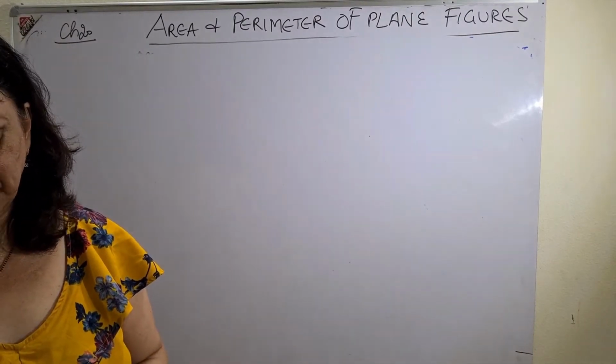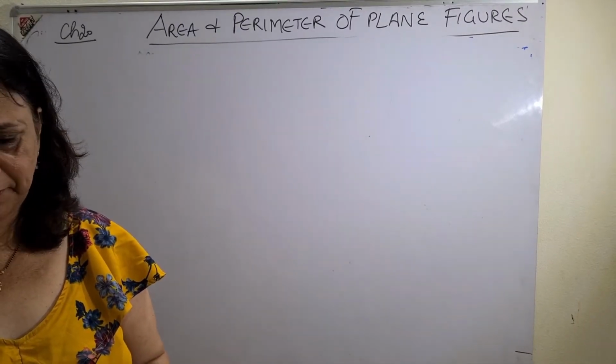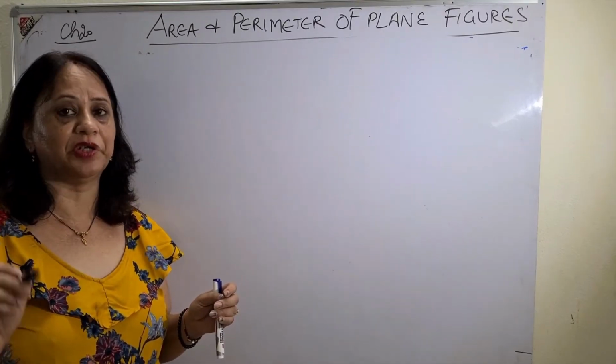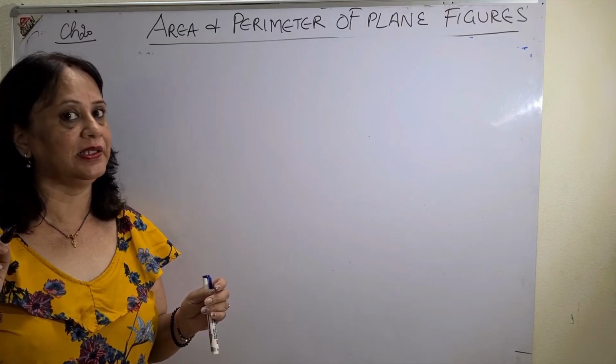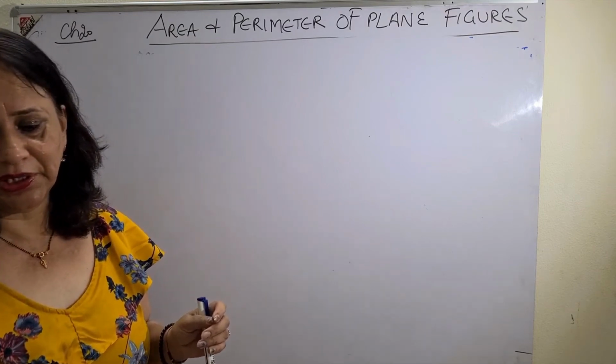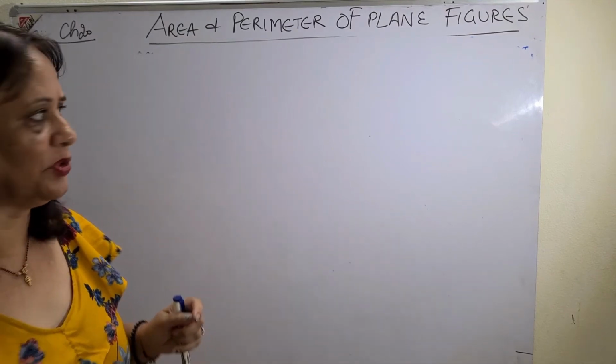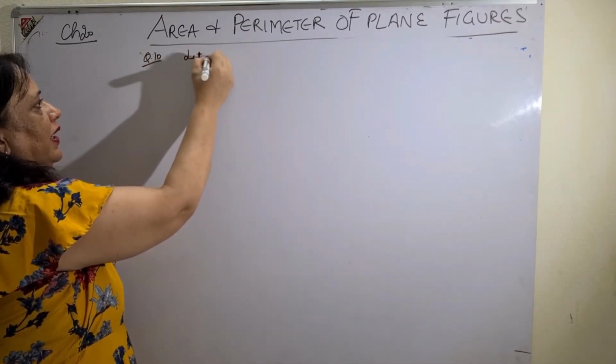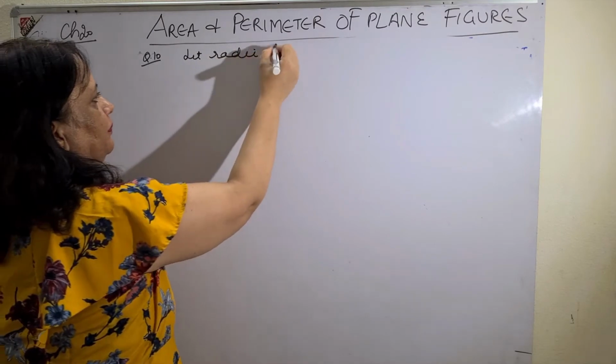Coming to the next question, that is question number 10. Again, a very simple and a very, very important sum. This sum also came last year in the second term. Question is the radii of two circles. Question number 10. Let radii of two circles be